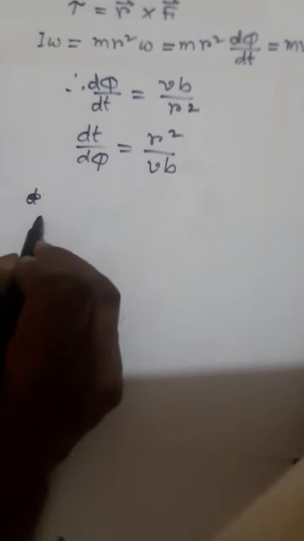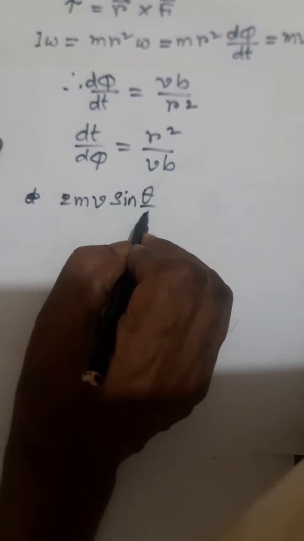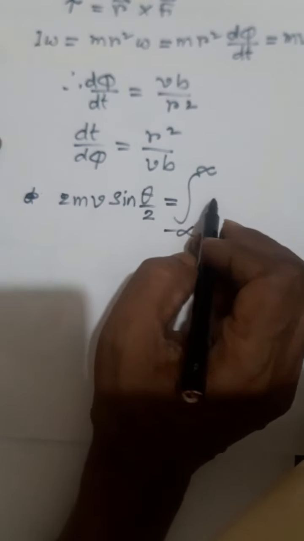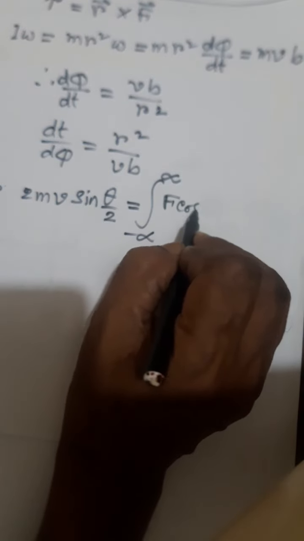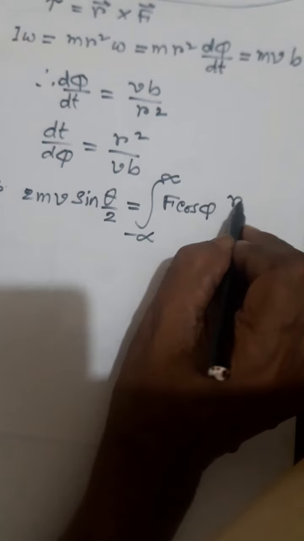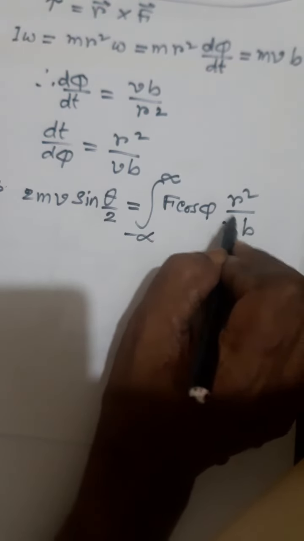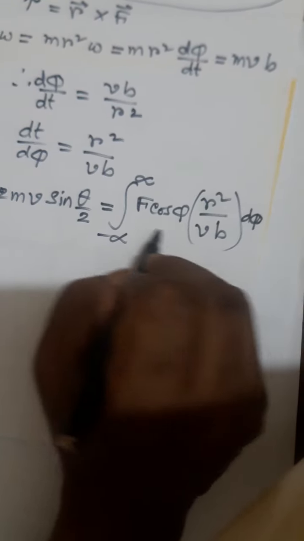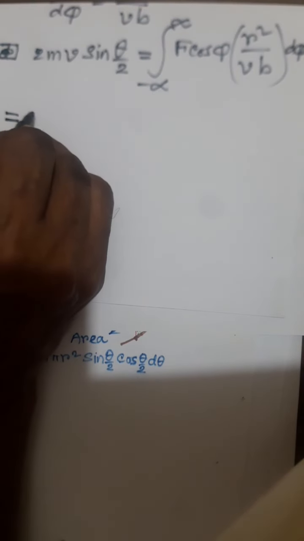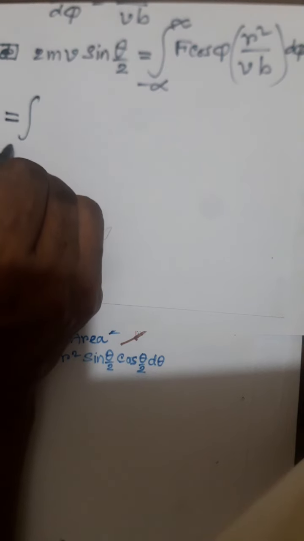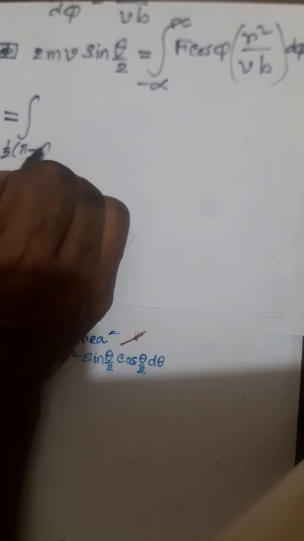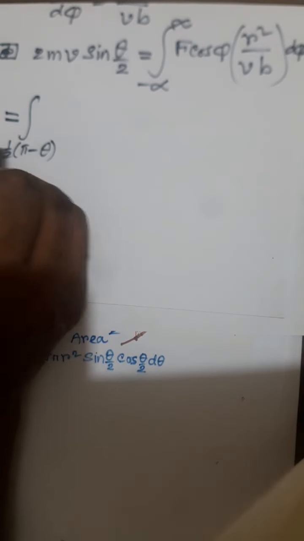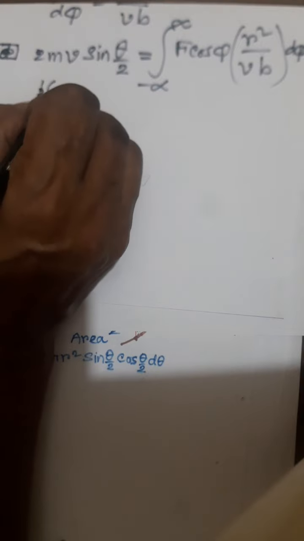twice mv sin theta by 2 equal to integration from minus infinity to plus infinity of f cos phi, r square by vb, into d phi, equal to integration from minus half of pi minus theta to plus half of pi minus theta